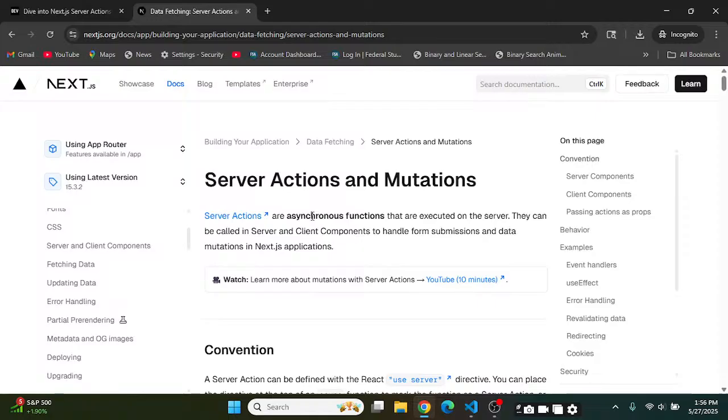Next.js is a JavaScript React framework that specializes in server rendered content versus strictly being on the front end. You have the ability to build a full stack app in Next.js from a deployment perspective. So what I want to discuss today are server actions and how they make your life easier as a developer